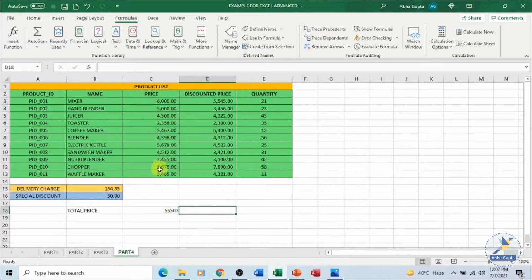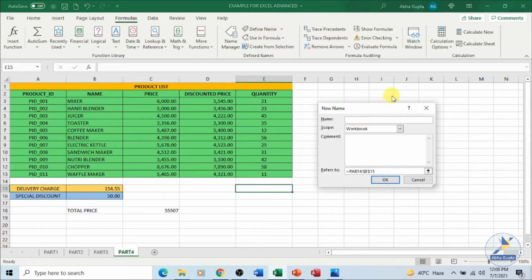This was an example where we made the selection and then defined the name. Without even making the selection, you can define the name also. Say for example, I want to make use of this name column over here for the purpose of creating a range name. Go to define name. Click on define name. Give a name, say product underscore name. I want it to be available in the entire workbook, in all these sheets.